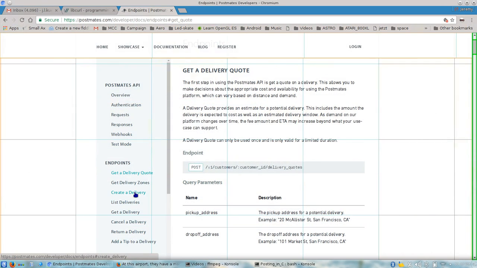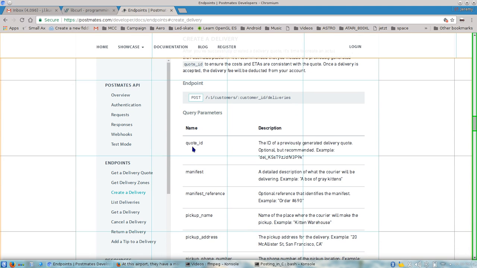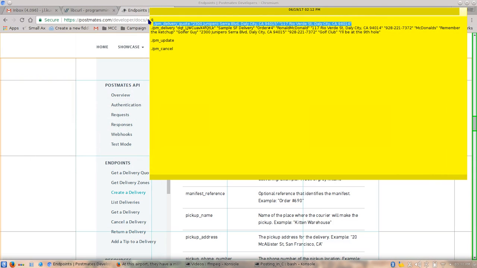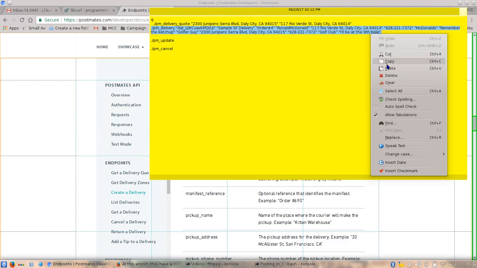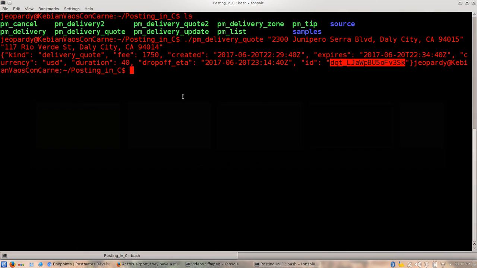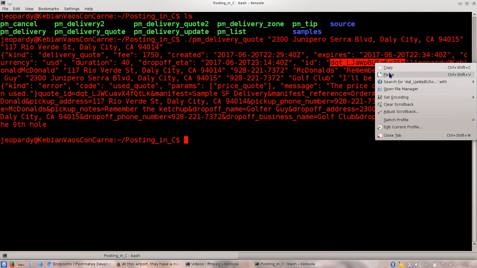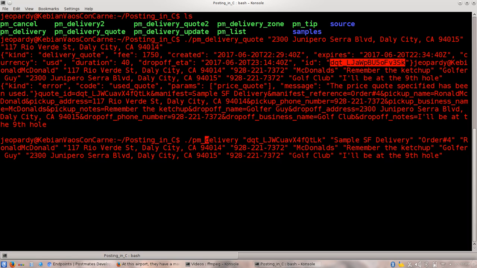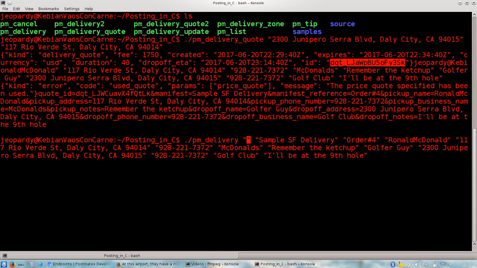First we'll go to the create a delivery endpoint. Here we see that this is also a POST, but with 13 parameters, one being the quote ID. And again, I've taken the time to type out a sample to use for now, but we'll have to paste in this new quote ID. You can see here that these quotes expire within 5 minutes of their creation. And when that executed, you can see that we received an error